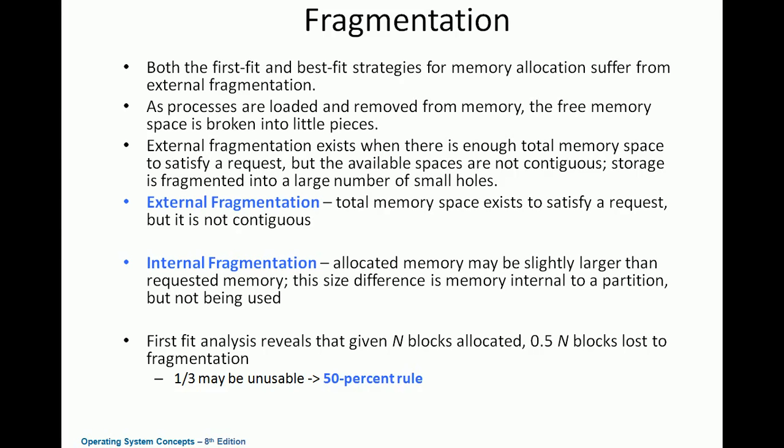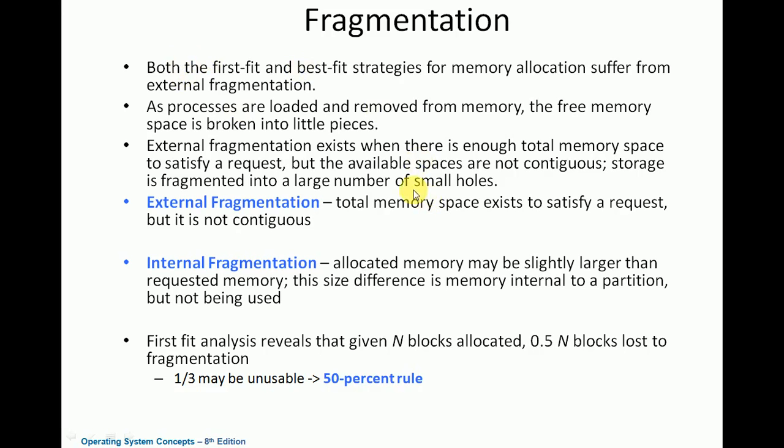If you count the total available memory, then it can satisfy the request, but it is not available at the same location. The available memory spaces are not contiguous, they are not nearer. So even though a sufficient amount of space is available in the memory, you are not able to allocate it because the available memory holes are not contiguous. If they are nearer, we can join those memory holes